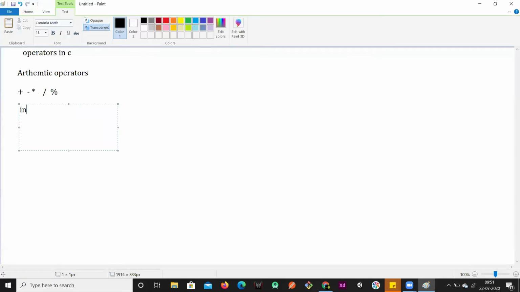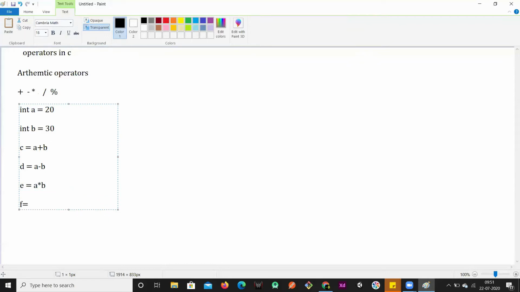So we'll be using these. Let's say I have a variable int a equal to 20, and then I have another variable int b equal to 30. So I can do c equal to a plus b. So if I want to do something like this, plus is the addition operator. In the same way, if I have d equal to a minus b, and then a star b, this is the product of a and b, right?